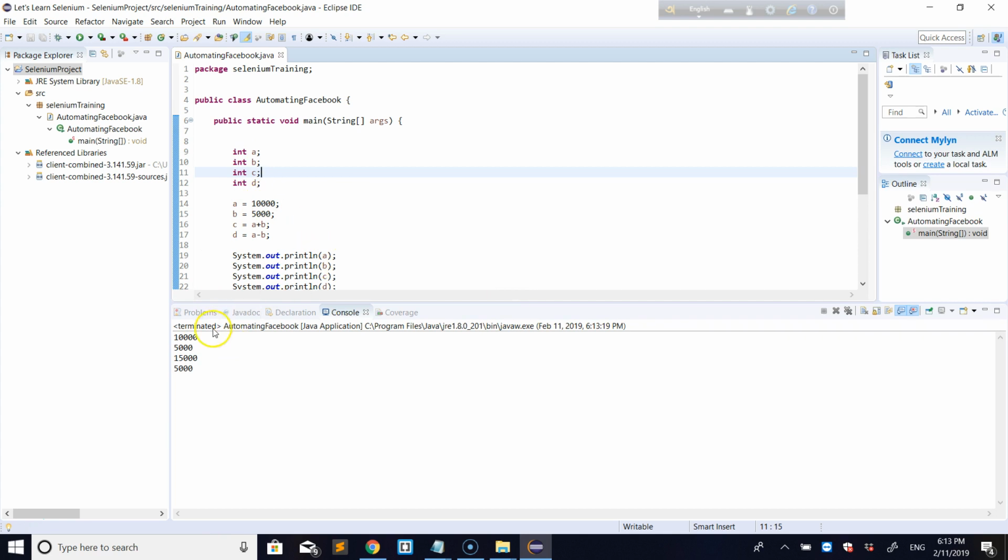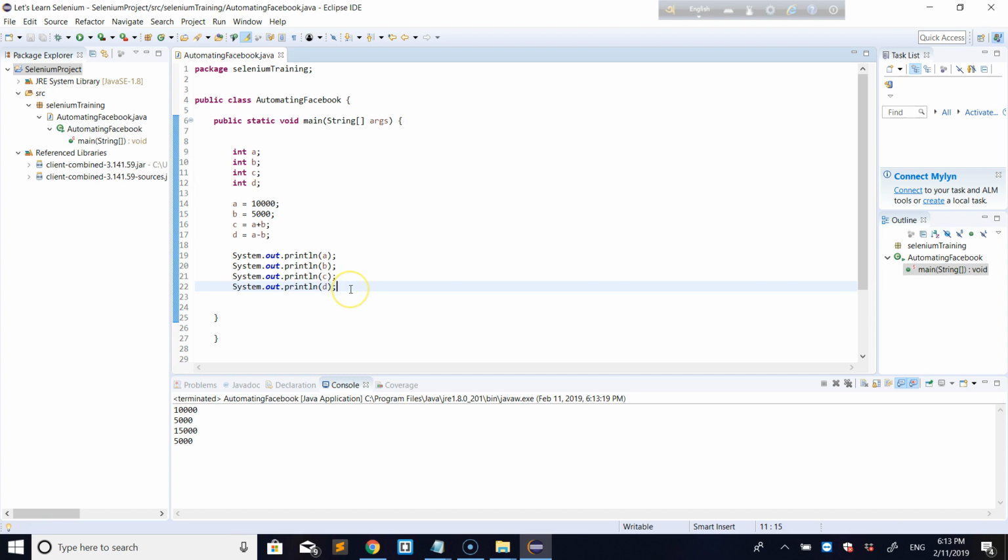A is equal to 10,000, B is equal to 5,000, and C is A plus B, so 10,000 and 5,000 is equal to 15,000, and D is A minus B, so 10,000 minus 5,000 is equal to 5,000. Okay, thus you can continue programming with Java, and let's also